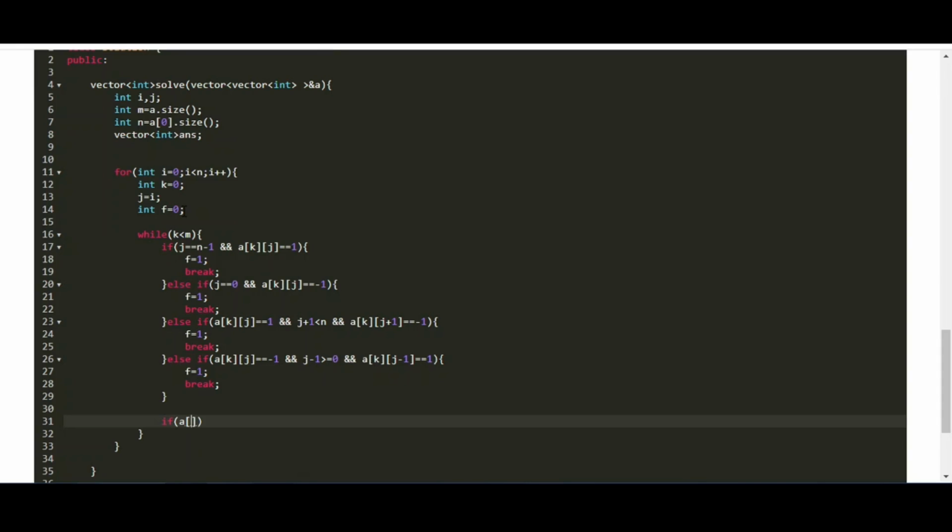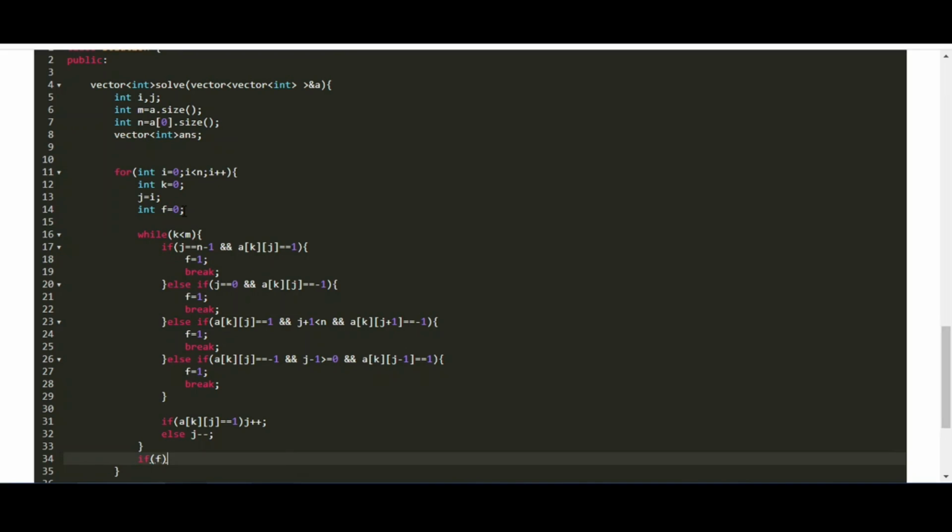So now we have written the four conditions, and now we are checking if that was a diagonal that started from the top left corner and ended at the bottom right corner. So we'll increment the column, and else we will decrement the column.